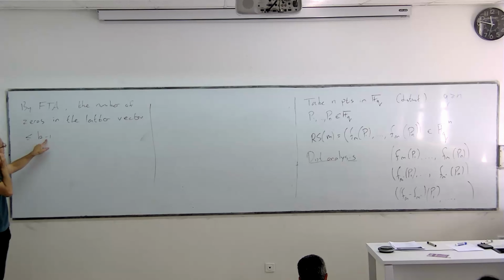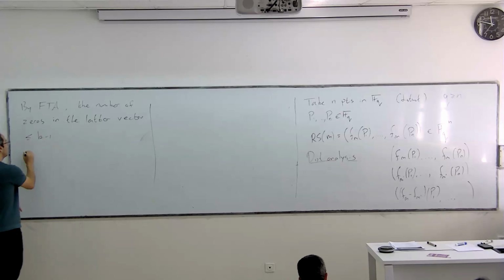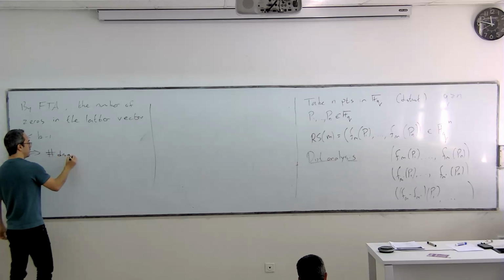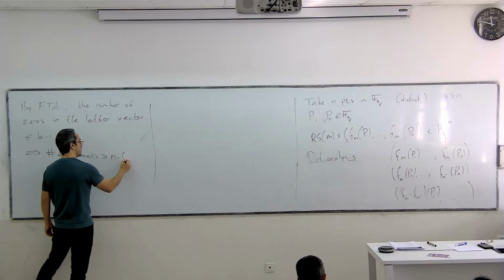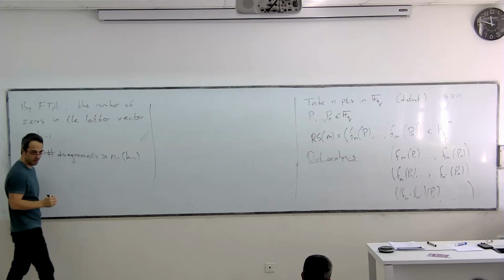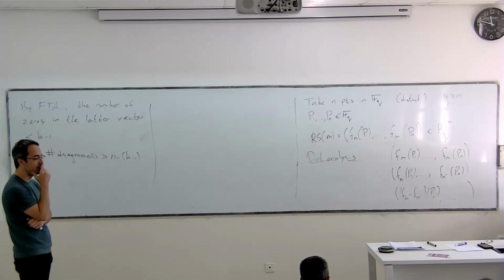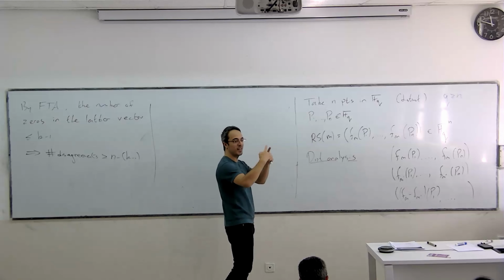We're keeping this -1 because it's going to be the plus one of the name. So the number of disagreements, which is the distance, is at least n minus the degree k-1 polynomial,